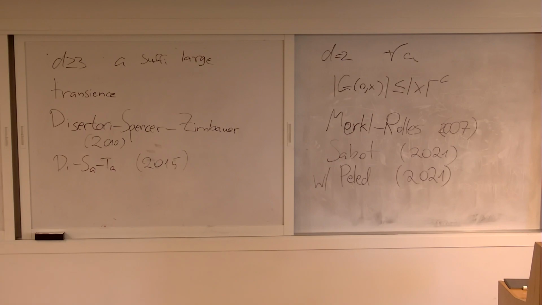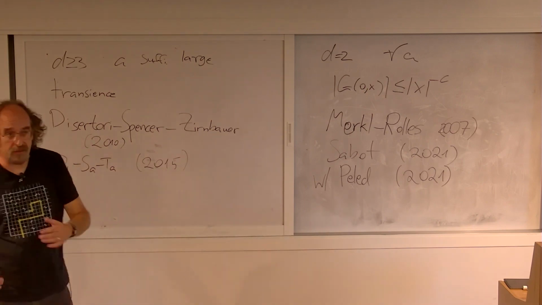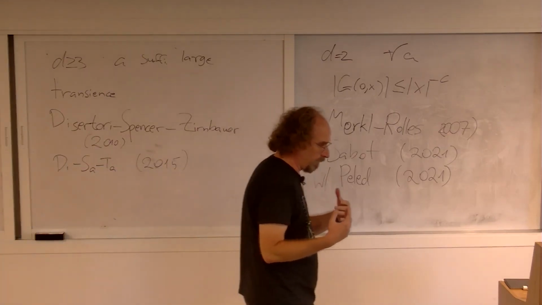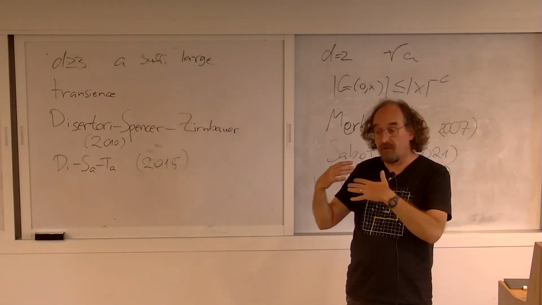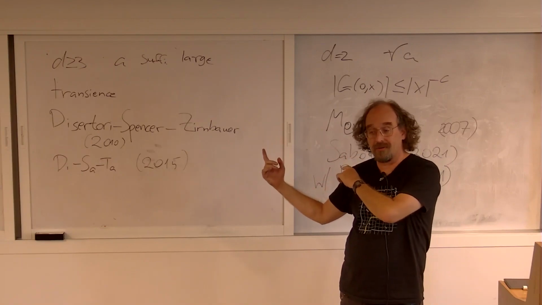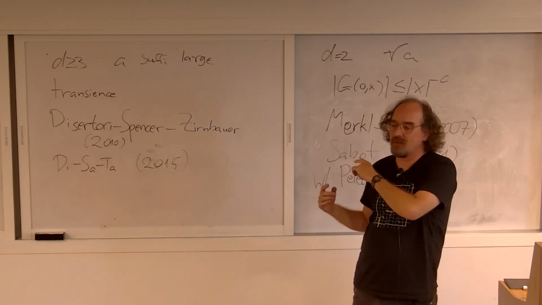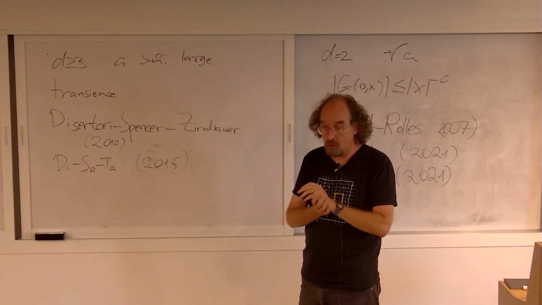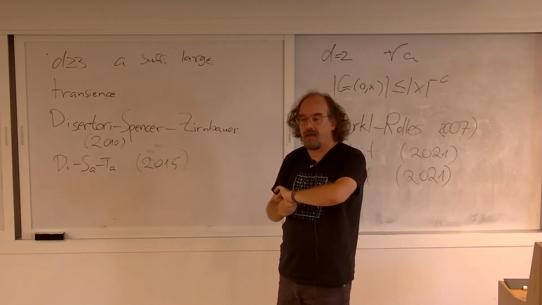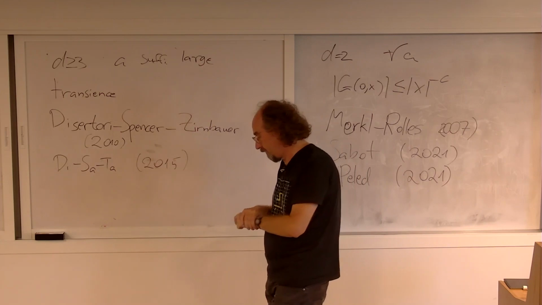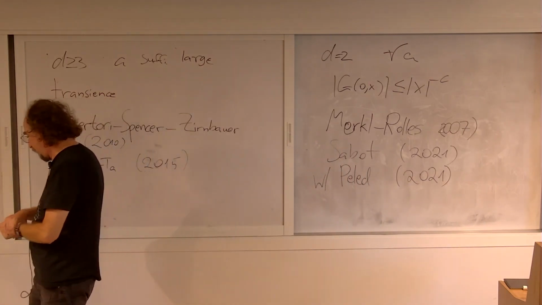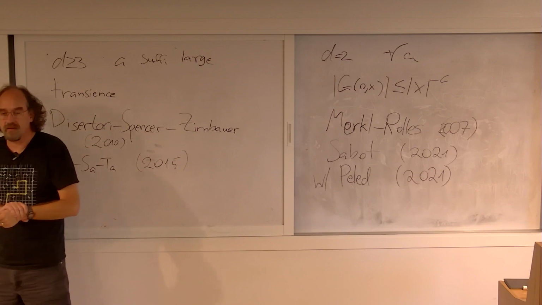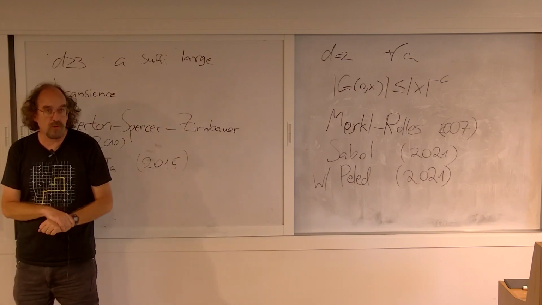You expect it for Heisenberg, for quantum Heisenberg, and by the way, it's an interesting bridge, you expect it also for other non-interacting random walks, and that's also not known. So there are other interacting random walks for which you expect exponential decay for every value of the order parameter, but we have no tools for that because